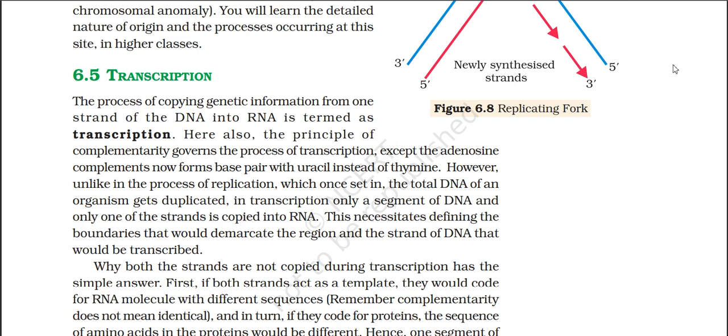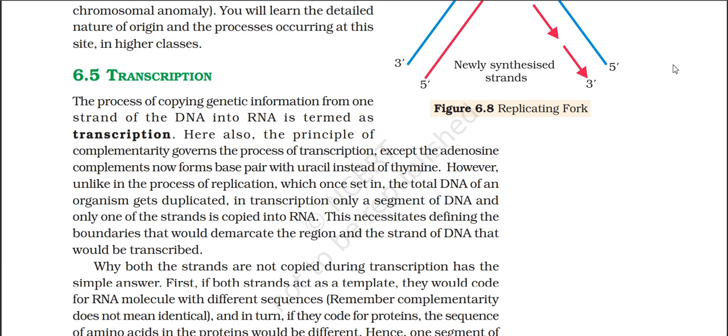First, if both strands act as a template, they would code for RNA molecules with different sequences. Remember, complementarity does not mean identical, and in turn, if they code for proteins, the sequence of amino acids in the proteins would be different. Hence, one segment of the DNA would be coding for two different proteins, and this would complicate the genetic information